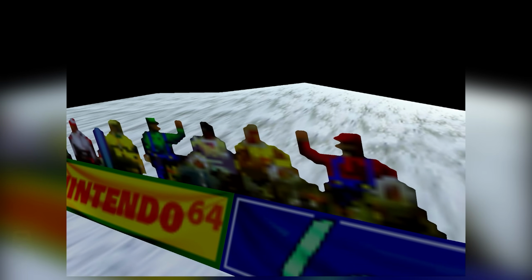Except for this one. Green and blue overalls? That's gotta be Luigi, right? And I guess where Luigi is, we should be able to find Mario. And look, here he is! It's me, Mario! Now, I genuinely didn't know the Mario Bros were hidden in the spectators in this game up